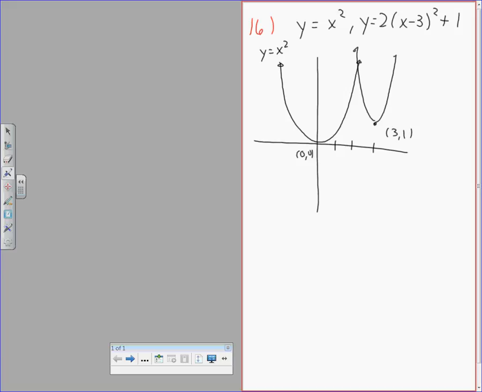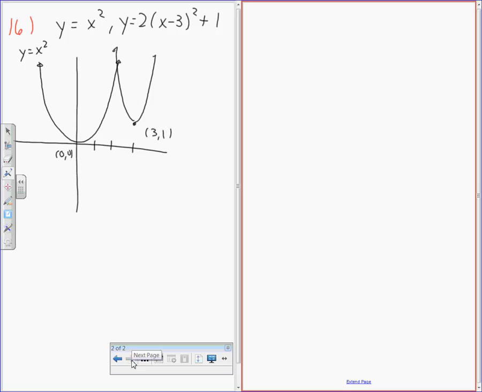Now this leads us to 17. Use the results from question 16 to predict a relationship between x cubed and a(x minus h) cubed plus k. Okay? So can someone remind me what x cubed looks like? From what quadrant to what quadrant does it go to? I want people to try here. Albert, go ahead. From 3 to 1. Okay, so x cubed